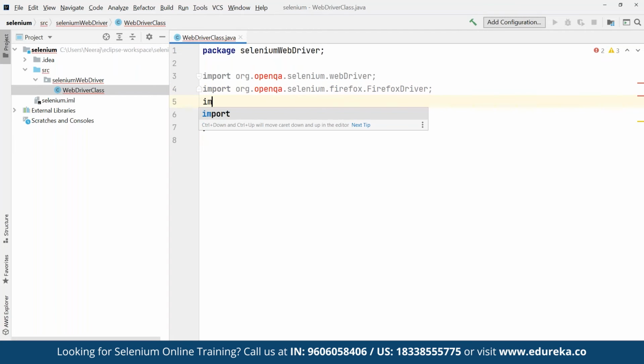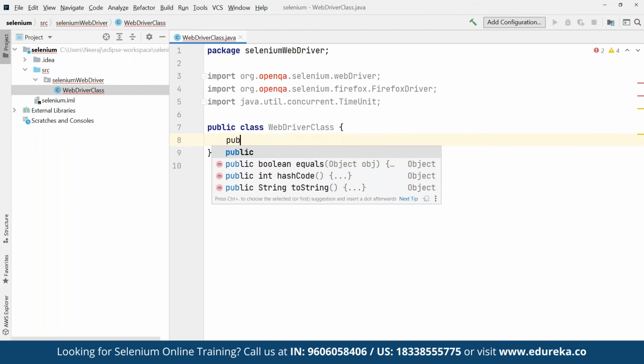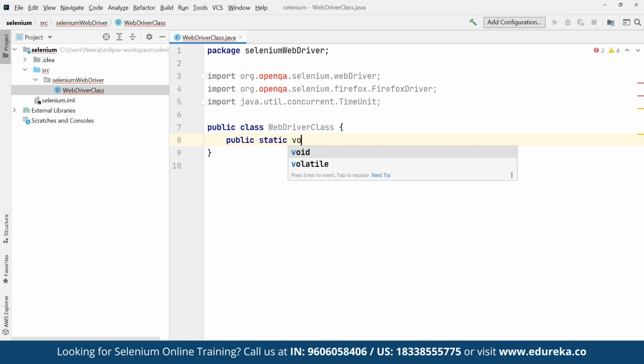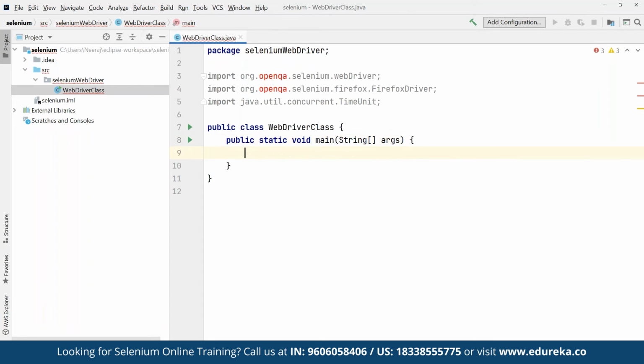And then we are going to import java.util.concurrent. And then from concurrent, we want to define this for TimeUnit. And then we can define public class as WebDriver class. And here we can use public static void main String args as a public method. And then we can define